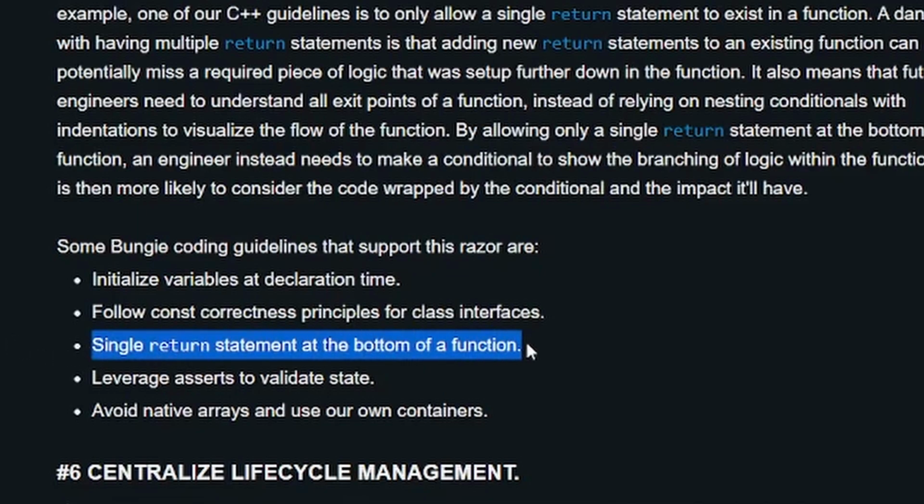Single return statement at the bottom of the function. All right, that's pretty good for clarity. I'm guilty of not doing this. I often have returns right at the beginning if something fails or something like that, but it depends what you're doing. A single return at the bottom's probably a good call. It's definitely a little cleaner. You don't have to search through the rest of the function for, oh, is it possibly returning somewhere else? Is there a reason why it's not getting to where, stuff like that.